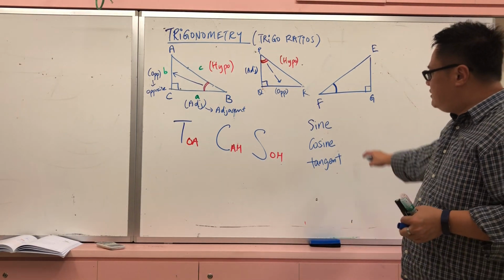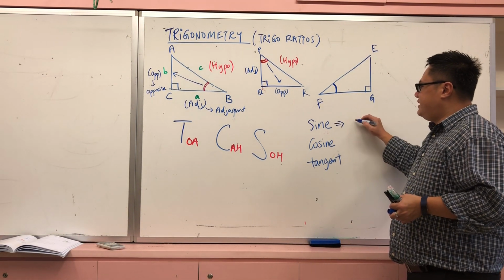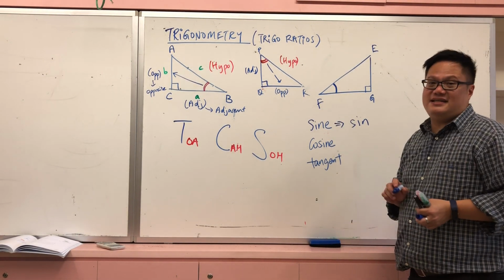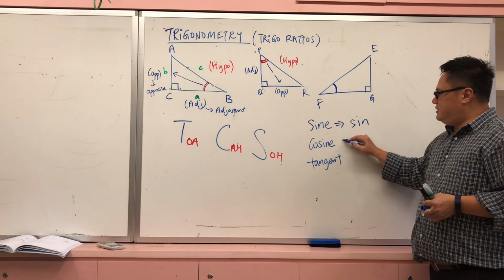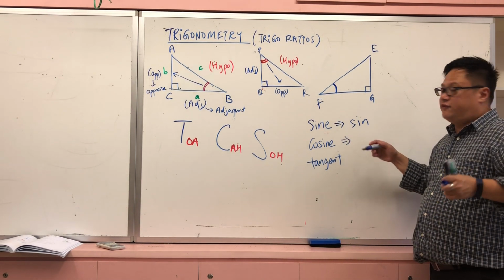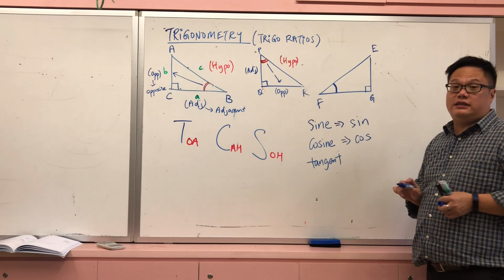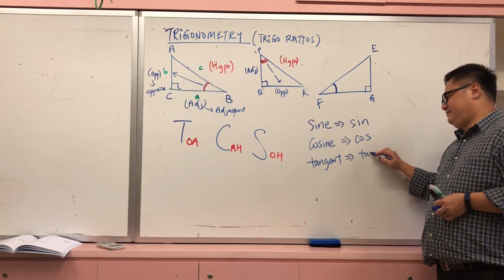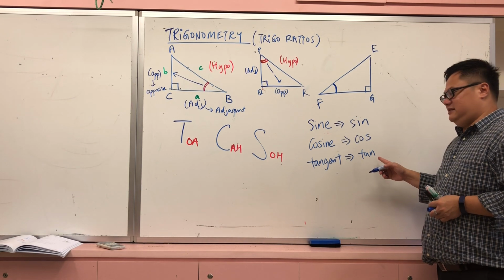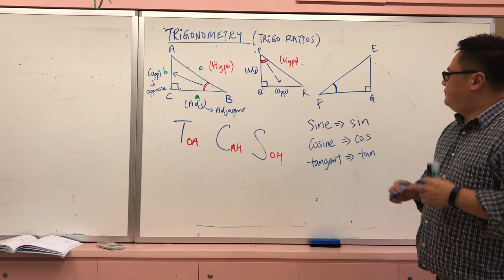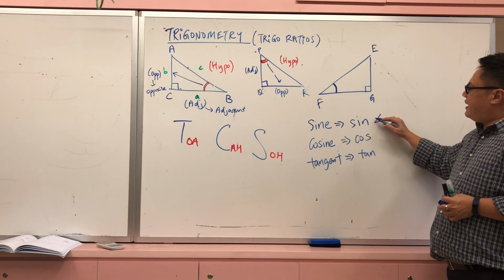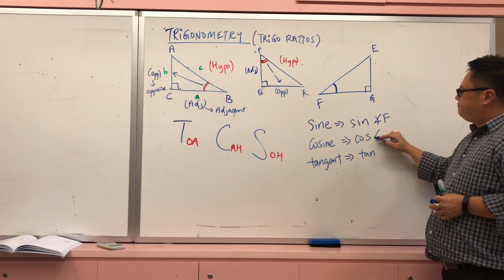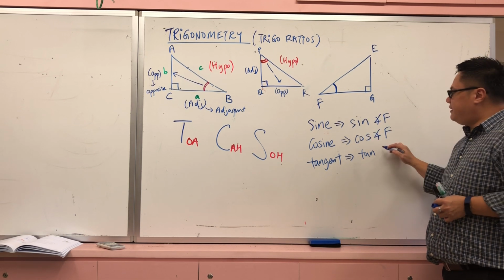In short, instead of writing sine, we write SIN. Instead of cosine, we write COS, or in small letters. Instead of tangent, we write TAN. This is not tan, it's tangent, okay? So when you take sine of an angle, for example sine angle F, cosine angle F, and tangent angle F,